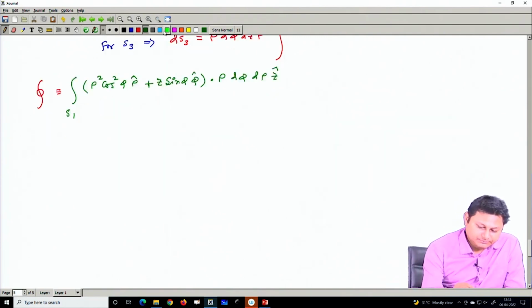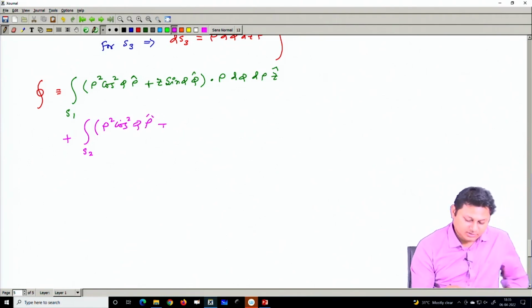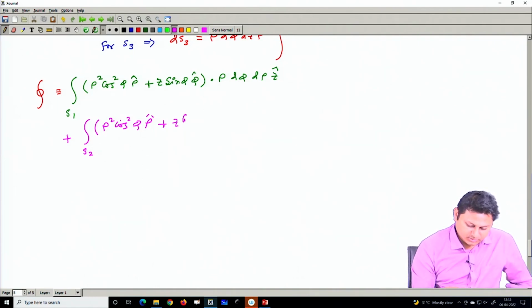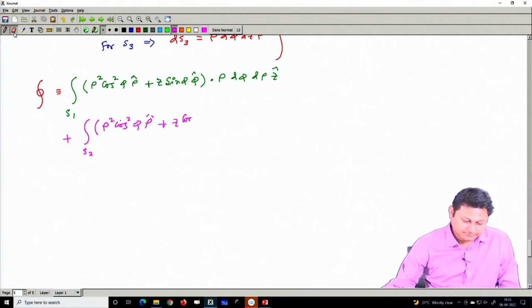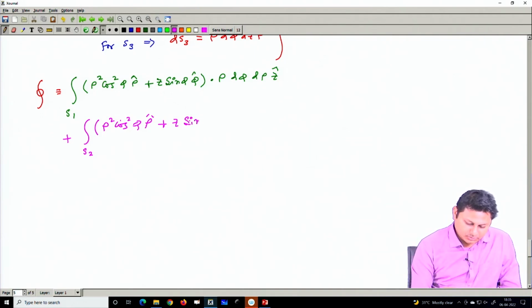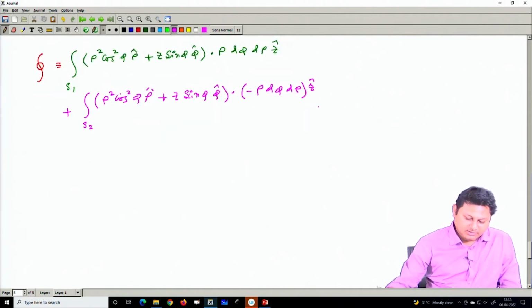What is surface 2? Plus surface 2, same vector field, rho square cos square phi rho unit vector plus z sin phi phi unit vector, dot, there is a negative sign, mind it, rho d phi d rho z unit vector. And finally the third one,